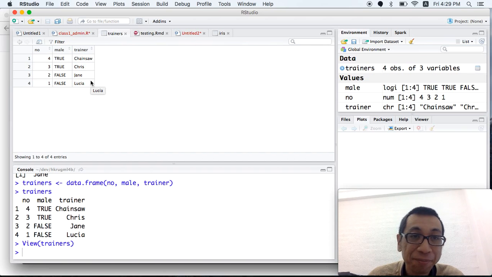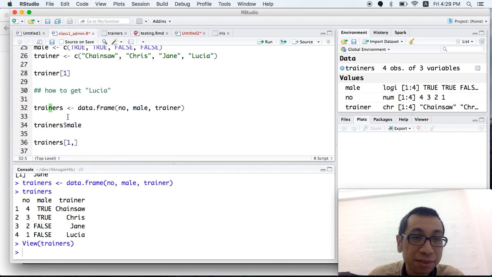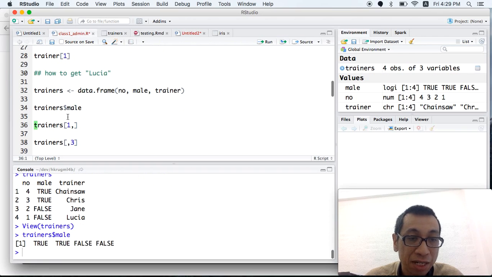Now, using the same knowledge, we can use the $ sign to extract a single vector from the data frame. And then we can use the square brackets to do something fancy.